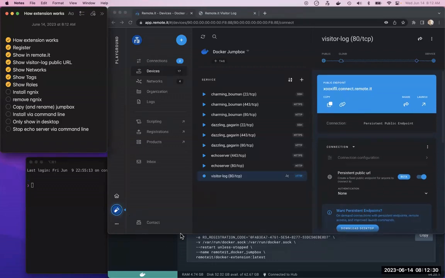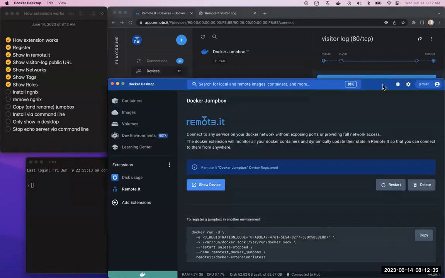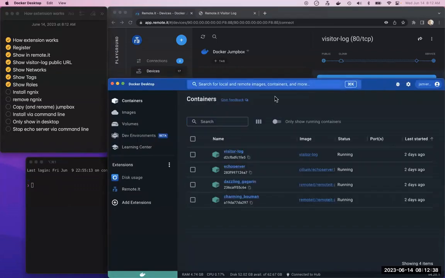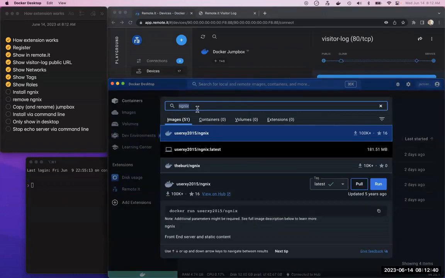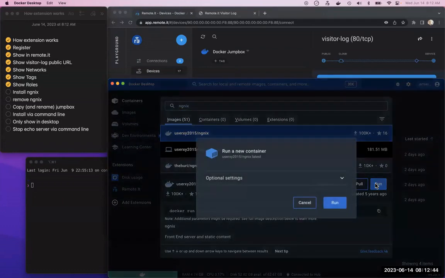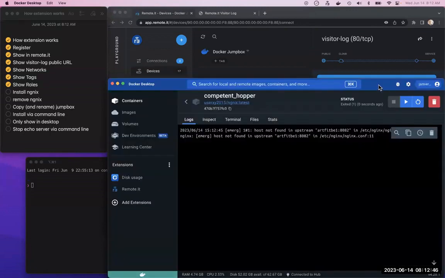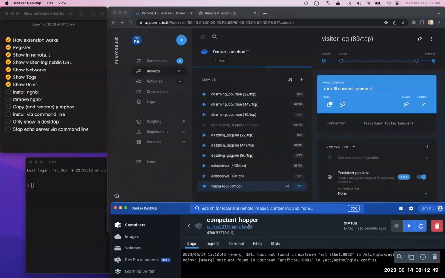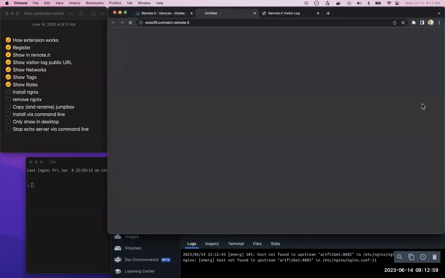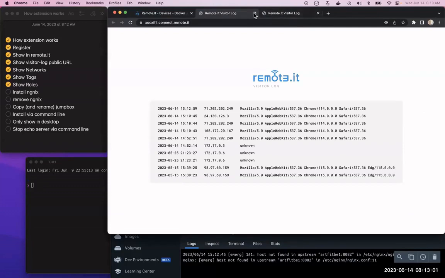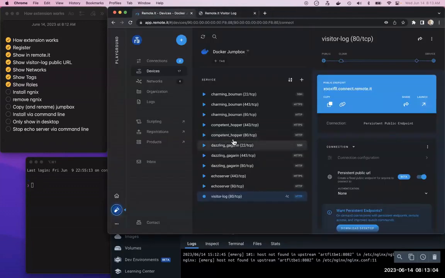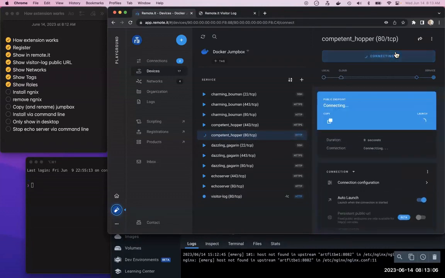So the next thing I wanted to show is how simple and nice this is to update. If I go into my containers and install an Nginx system, I already have this in here. So if I run that, we should see in here, what is this? Competent Hopper. So you can see that's also been discovered. And as that starts up, these things should come online. And then now I can simply launch that. Oops, wrong one. Competent Hopper, there we go. Launch that.